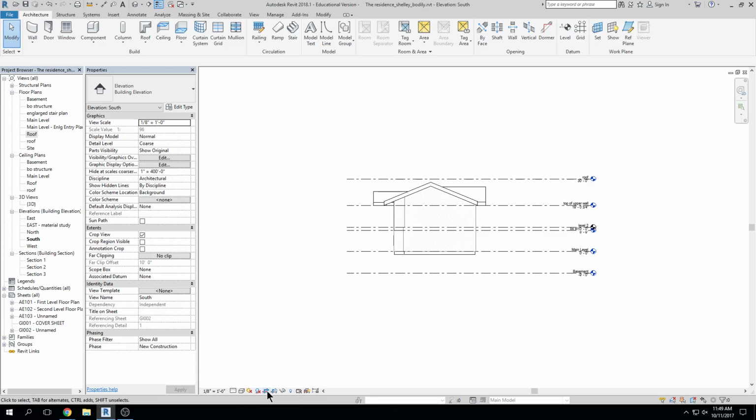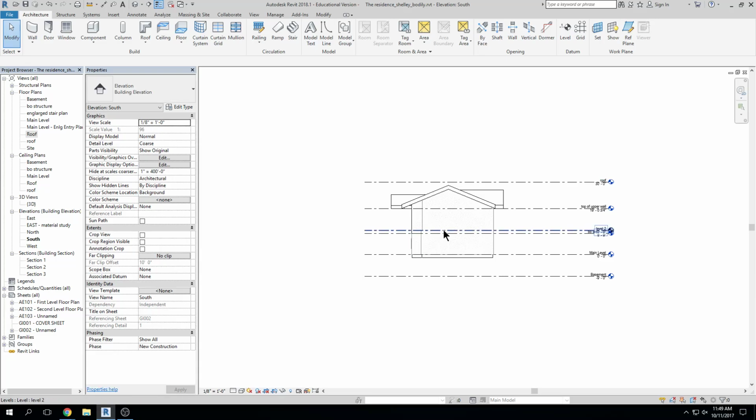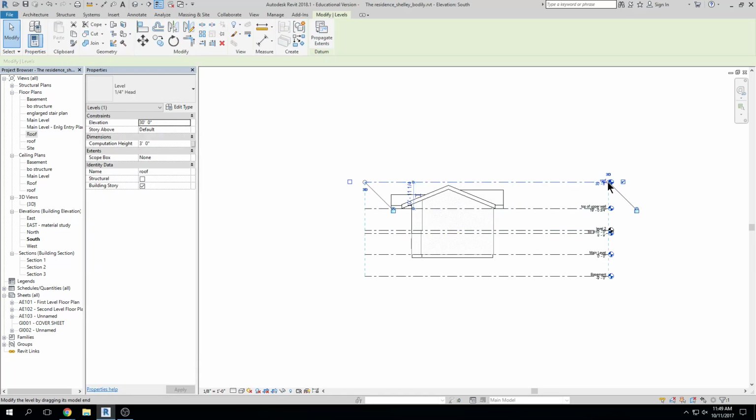Okay, or we can choose do not crop view. I'm gonna do that for now, that might help. Okay, so I'm going to create a roof by extrusion. Now,